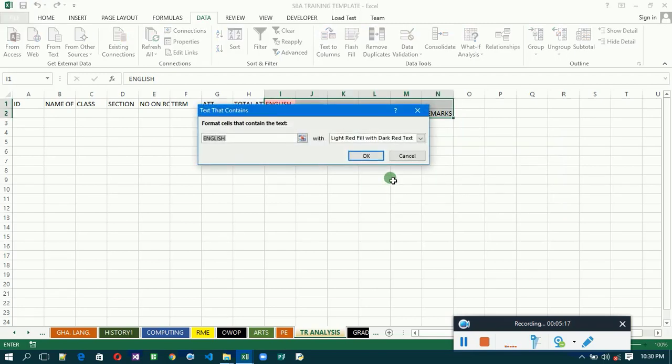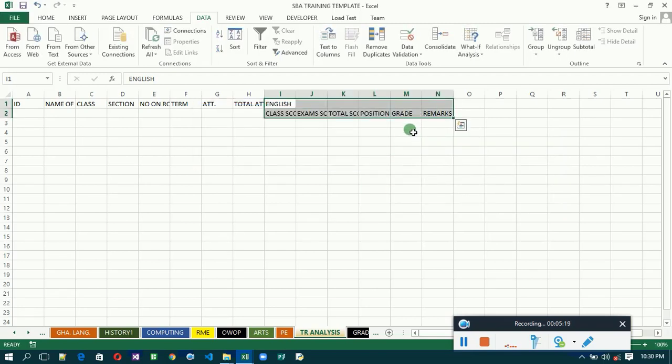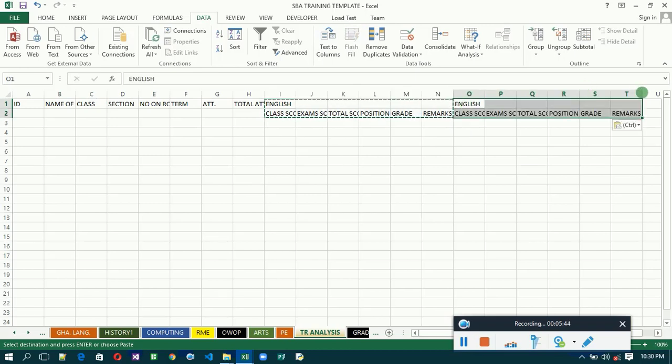Okay, so you are going to select the whole area. Then Control C. Then you paste them 9 times. So you select this one and paste 1,